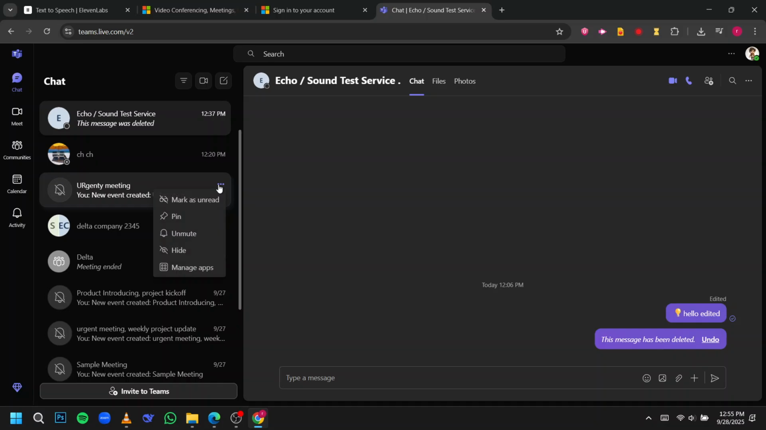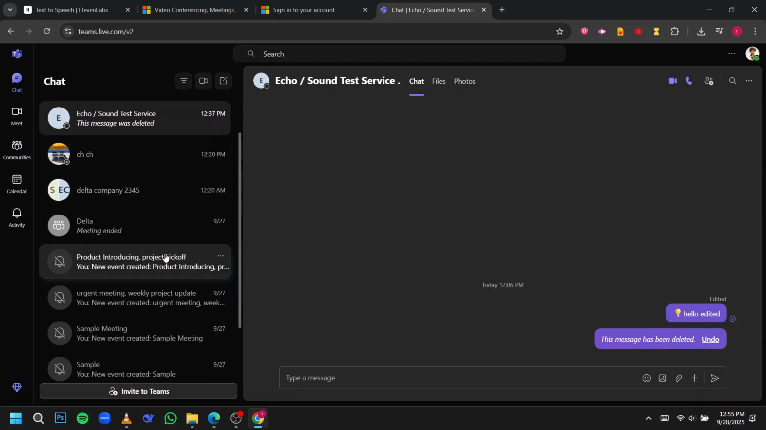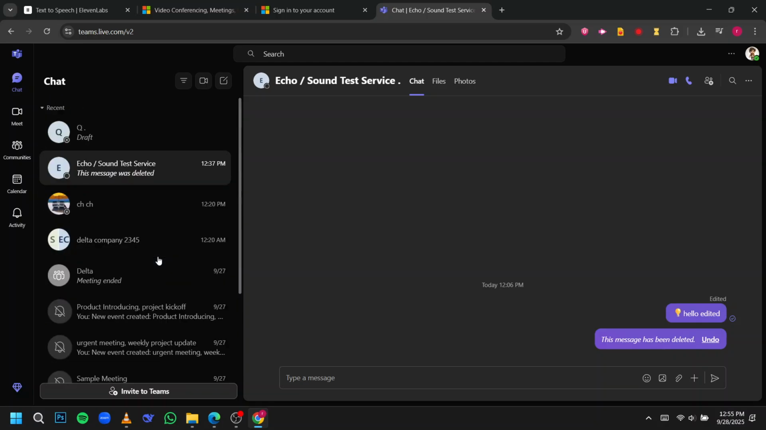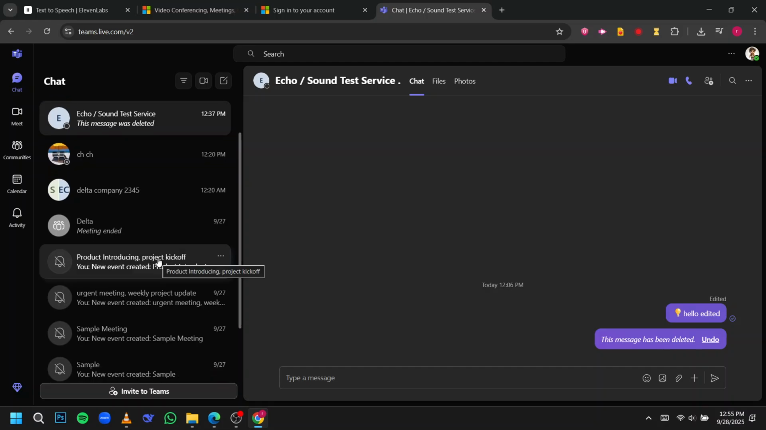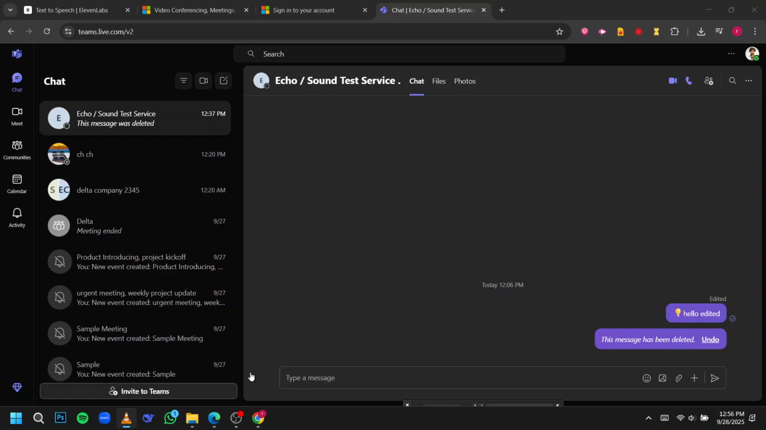Clicking these dots will reveal a drop-down menu with several actions you can take, such as pinning, muting, or hiding the chat. The option you want here is Hide. Clicking Hide will immediately remove the conversation from your main chat list. It's important to understand that hiding a chat does not delete it, and you are not removed from the conversation. It simply makes your chat interface cleaner and easier to navigate, allowing you to focus on the chats that matter